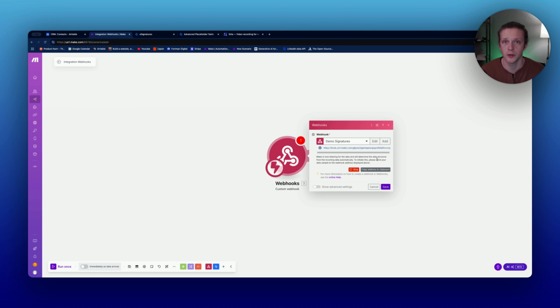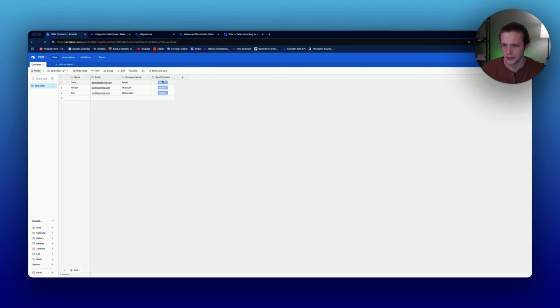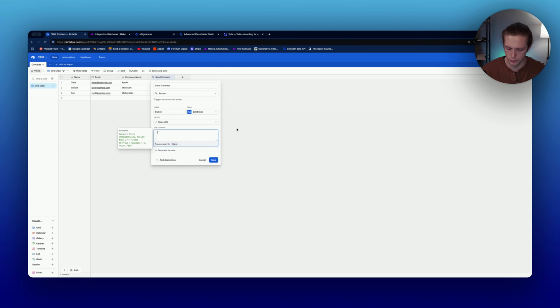If you're unfamiliar with what webhooks are, basically think of them as a phone number for an automation, and a tool can call that phone number, and as soon as that phone number is called, the automation will start. So we're going to take this URL right here, click copy to clipboard, and then go to Airtable, and then go into our send contract button, and then in between the quotes, paste that URL, and then now we're going to do an ampersand signed, and then